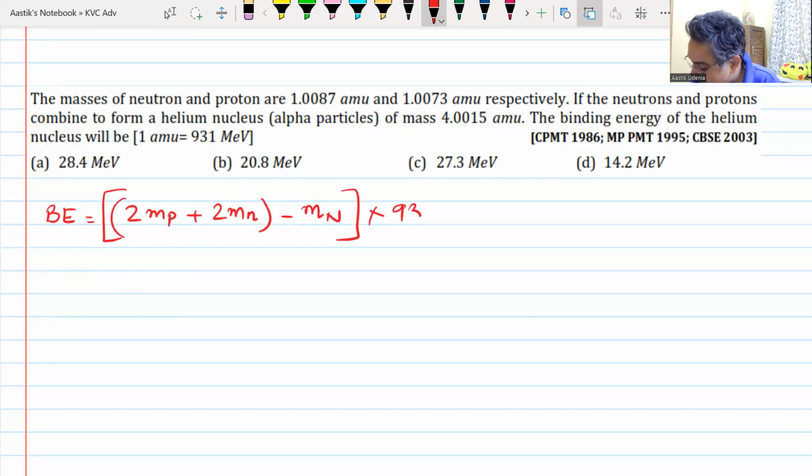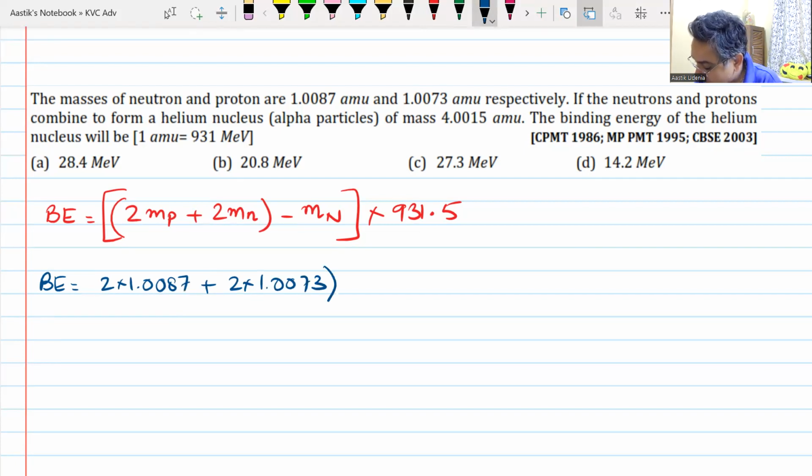So you just multiply it by 931.5 mega electron volt. You just have to put the values, multiply and divide. This is how it goes. 2 times the mass of a proton is 1.0087. So you have to be very precise with your calculation. Plus 2 into 1.0073, minus the mass of the nucleus, which will be 4.0015,